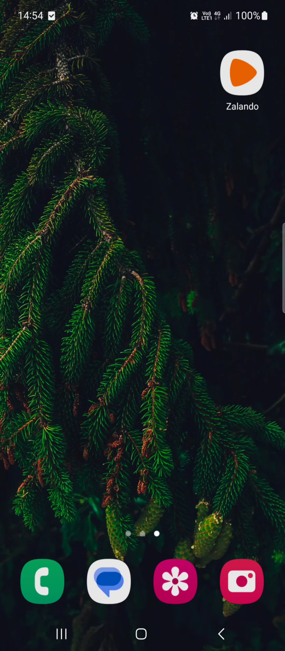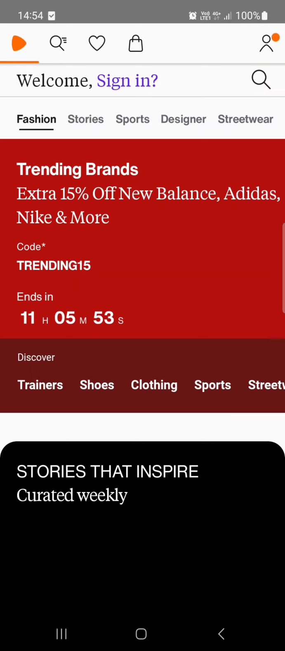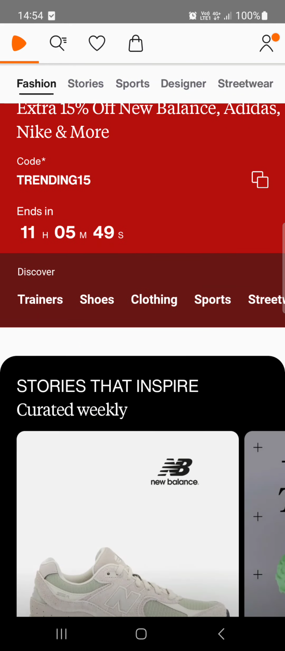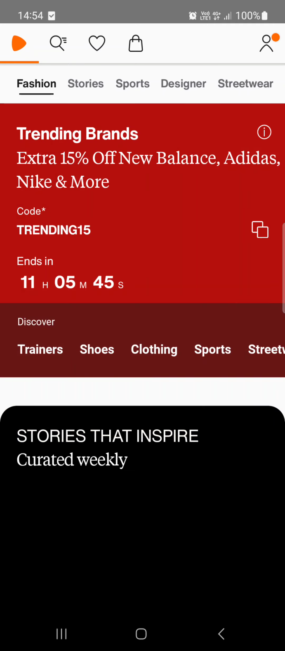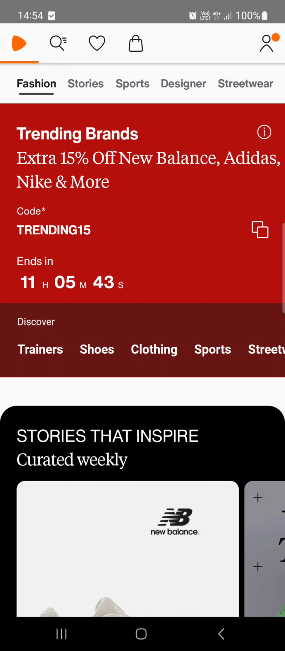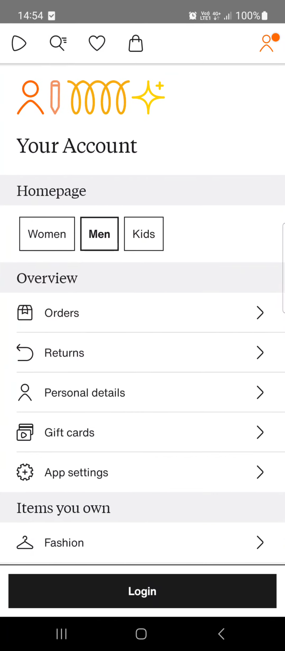First we have to open up the Zalando app. And here it opens up in the home menu, where we have some suggestions. From here, in the top right corner, there is a little profile icon. We tap on that, and then at the bottom we find login. We can tap on this,